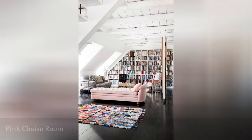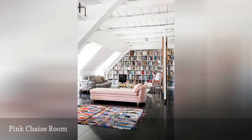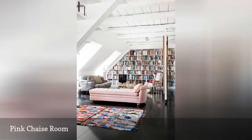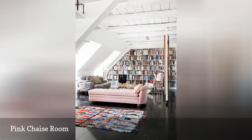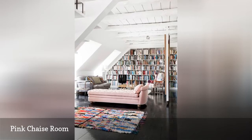Even though the emphasis in any library will always be on the books, you have more options when it comes to bringing color into the space than stacks of books arranged by color or painting the shelves. All of the pieces that you use to furnish and accessorize your space can add to the color story of the room. In this library, it's the pretty pink chaise lounge and colorful Moroccan boucherouite rug that give this room